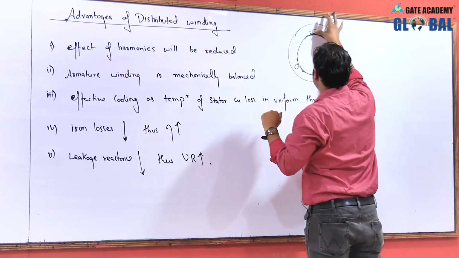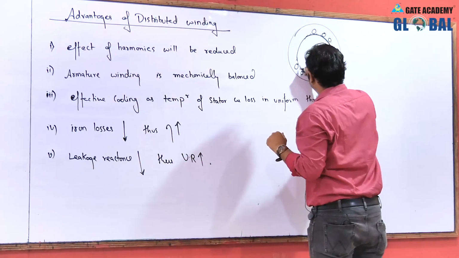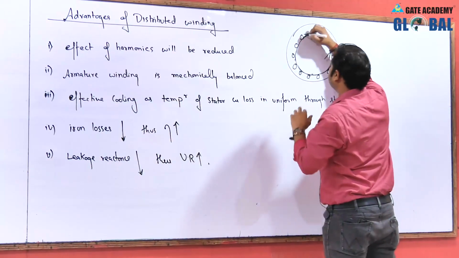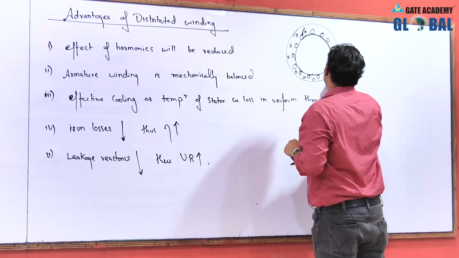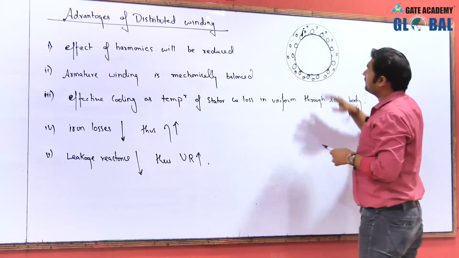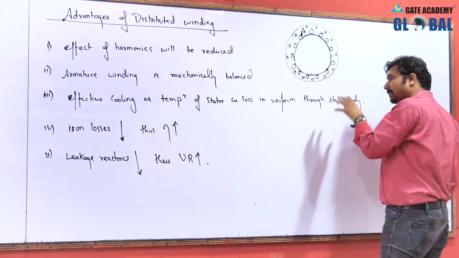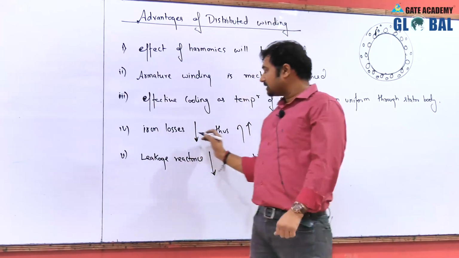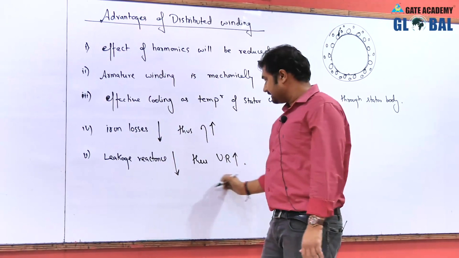Instead of being at only one point, if the stator conductors are distributed throughout the stator surface, then the current flowing through the stator conductors produces heat, which can be effectively reduced by the cooling gas, flowed through in this manner. So effective cooling is possible by these cooling ducts. The overall temperature of the machine drops, and therefore the efficiency increases. Also iron loss is reduced, very similar to chording, so efficiency increases, leakage reactance decreases, and therefore